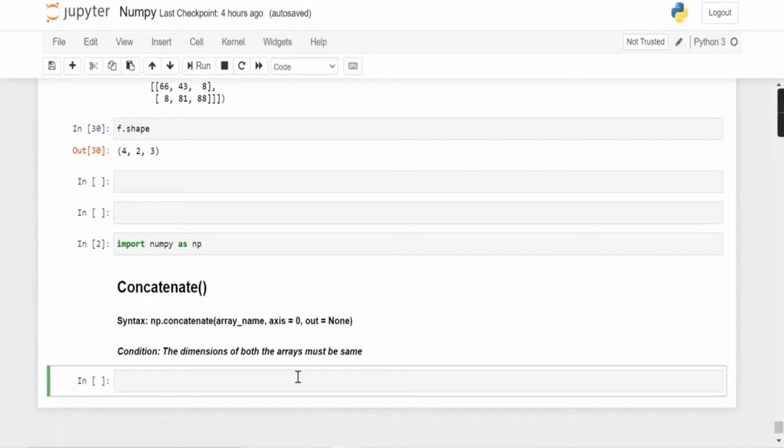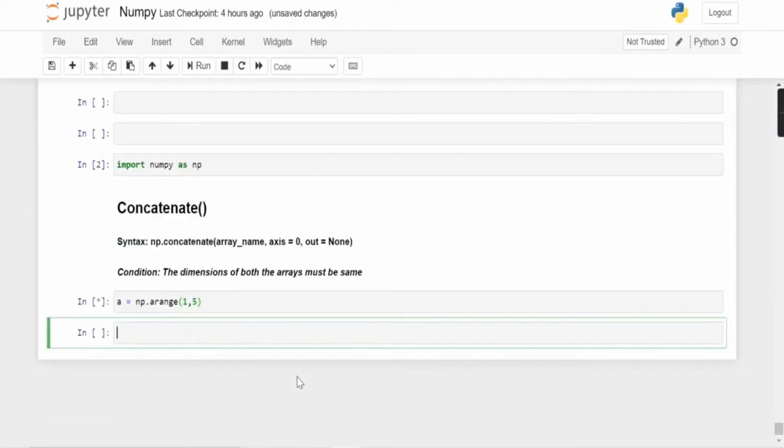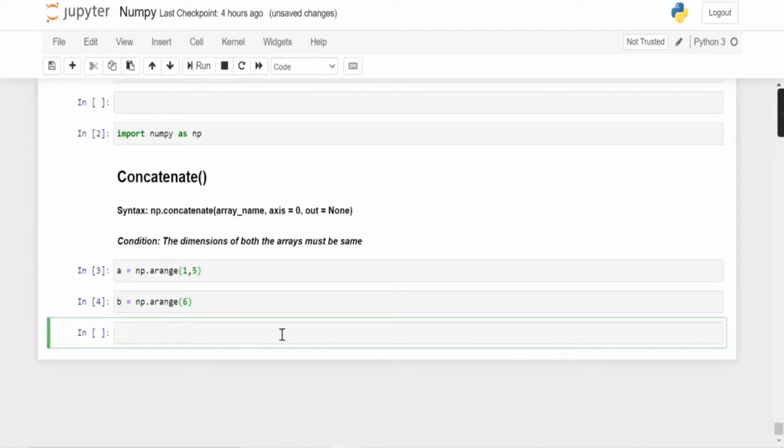be of the same dimension. So let's take an array A as np.arange, let's say 1 comma 5, and array B as np.arange 6. Now let's concatenate both of these arrays.